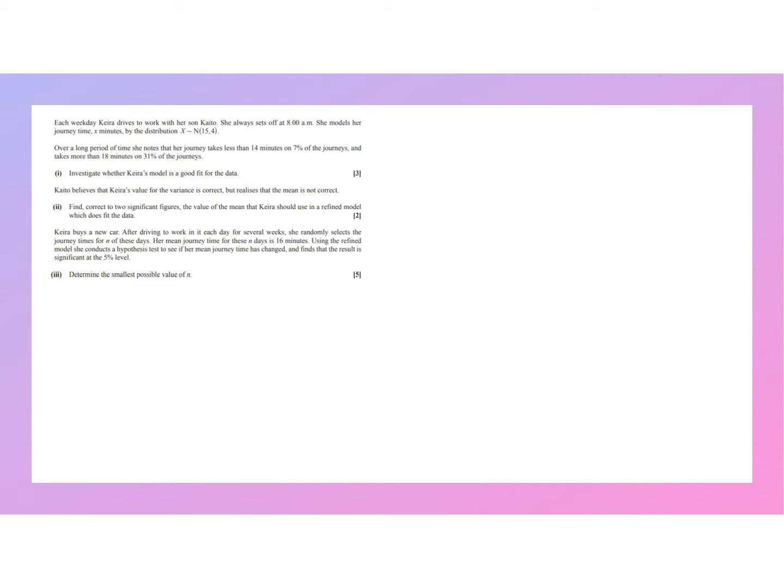The time of the journey is represented by the distribution X, which is a normal distribution, and I always think it's useful to write down the key information we have. Mu equals 15, sigma squared equals 4. Remember, it's the variance that's given. And then sigma equals 2. It would be very easy to go wrong in a question like this,